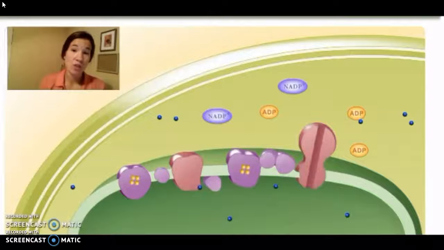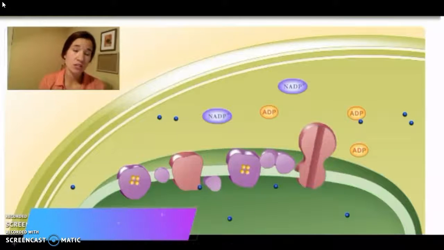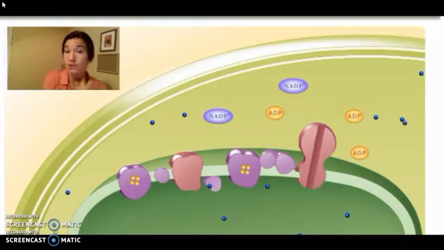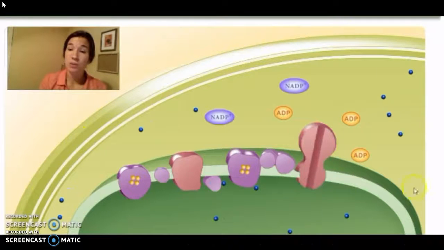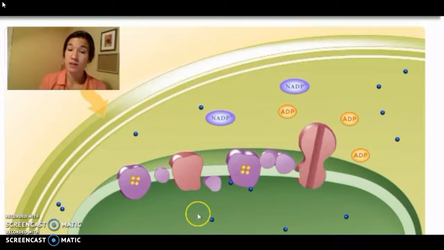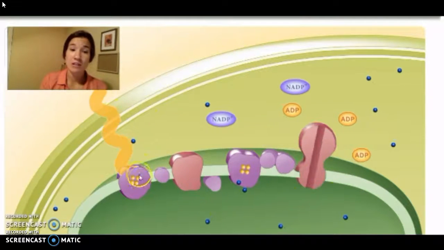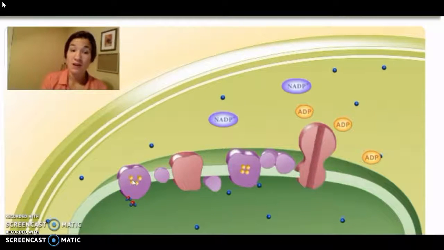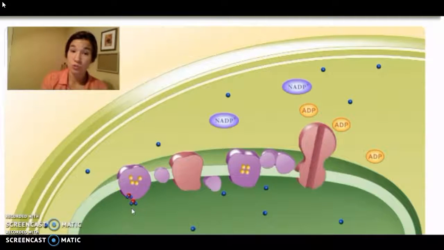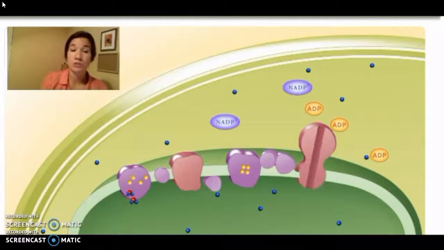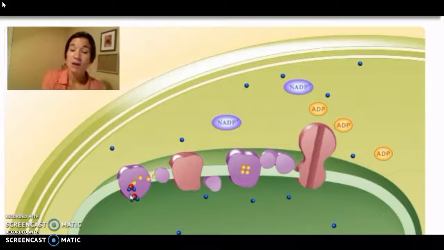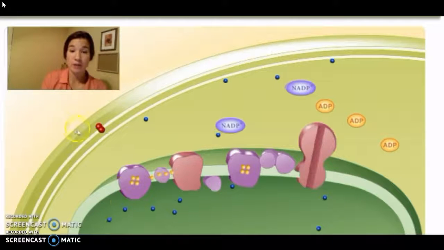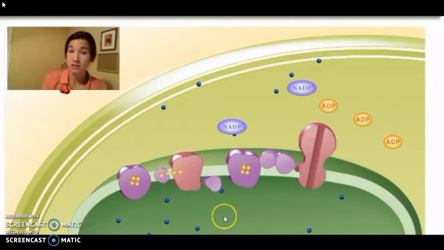Alright, so as mentioned, we're covering the light-dependent reaction. That's the reaction of photosynthesis that requires light. So our system here, brought to you by Pearson, shows the entire chloroplast, the stroma on the outside and the thylakoid on the inside. Now as light hits this first photosystem, you'll see that the electrons become excited. At the same time, hydrogen and oxygen, or water, are brought up to this first photosystem, and the water is what releases the electrons as the oxygen leaves as a byproduct,